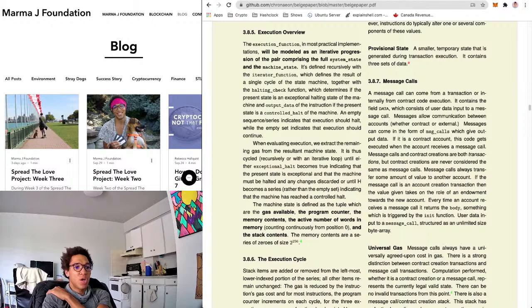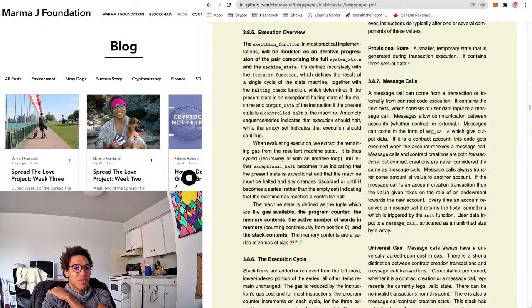If the message call is an account creation transaction, the value given takes on the role of an endowment towards the new account. And this is kind of how I've always created new smart contracts. I suppose when I've done it in testing, I've always just created a contract and sent some ether at the start so that when I was doing things with the contract, it already had some ether to start with. But I guess you don't have to do that, so therefore it's the distinction there.